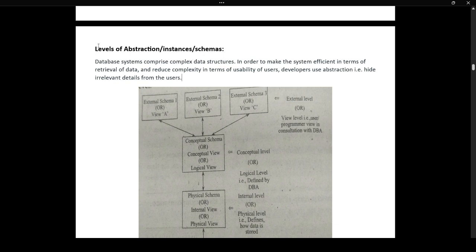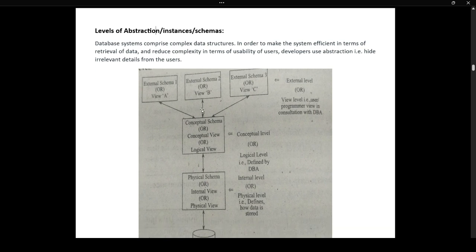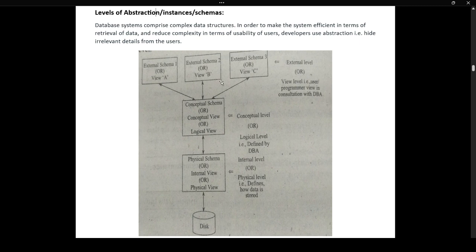So coming to the levels of abstraction, there are mainly three levels. And one more thing: in the exam, if they ask you to explain the levels of abstraction, data instances and database schemas, you need to draw the common diagram here itself. In this diagram, you will get more and more information. I request all of you to draw the same diagram,